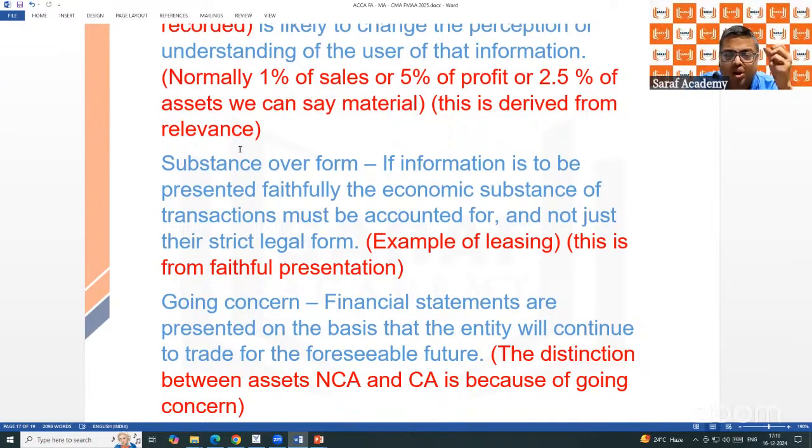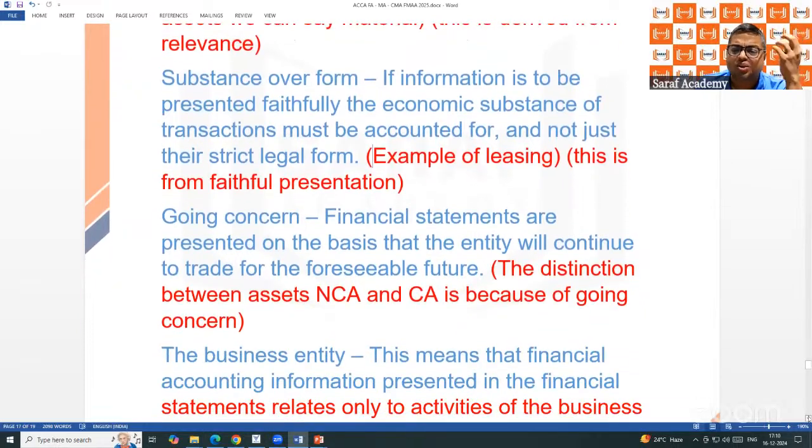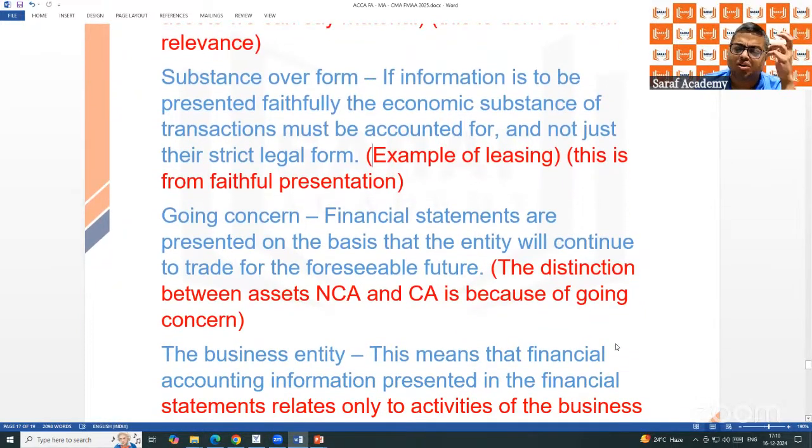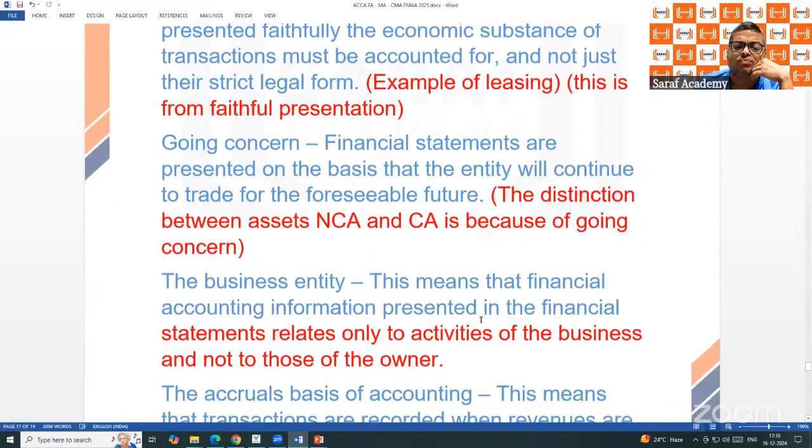If I have the control, even though on rental basis, the asset will be recorded in the books, written as leased asset. The accounts are prepared on the basis of substance, not on the basis of whether it is legal or not. If you have an asset, you have paid the money, but the ownership document is not there, you are the owner. The substance is more important, not the legal form.